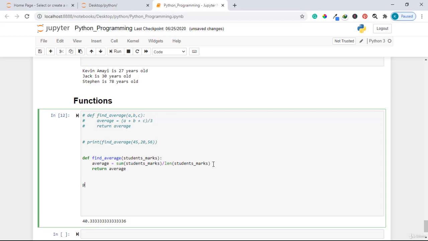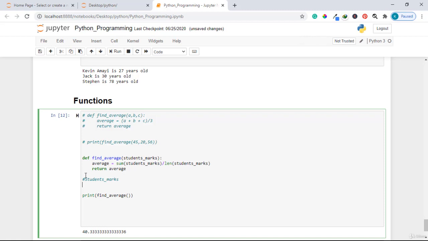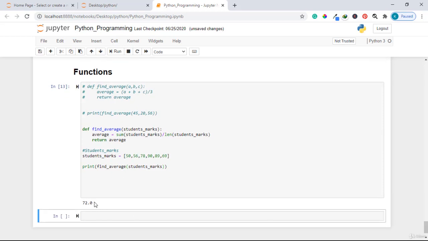average. Then down here I can use the print statement again, and now I'll just call my function find_average like that. Let me just define a list here so that we can understand easily. Let us call this student_marks. Let us say maybe the first student got 50, the second student 46, the third student 78, the fourth student maybe 90, the next student maybe got 89, and maybe the last student got 69. And so the only thing I'm required now is to pass this list inside my function here. And if I run this code, you see down here it prints for me the average marks of all these